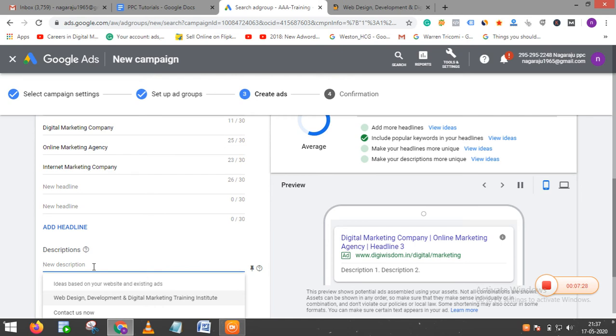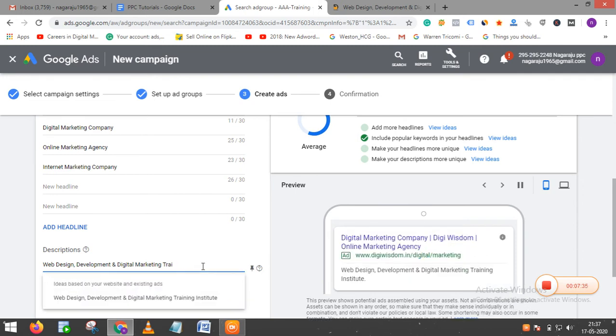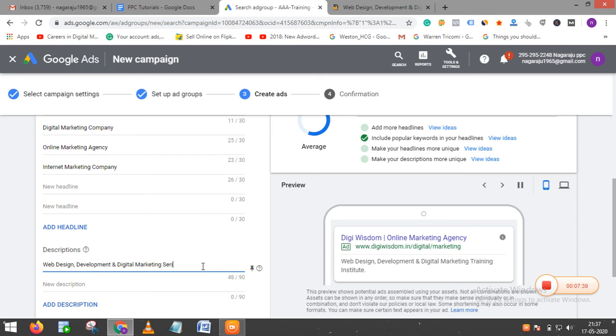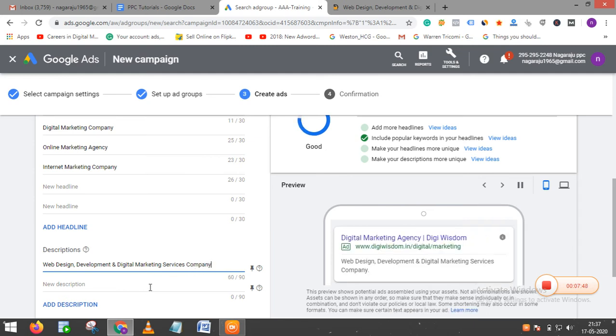Description something like this: website designing and digital marketing services company, web design development digital marketing services company. And you can write another description as well, something similar to this.